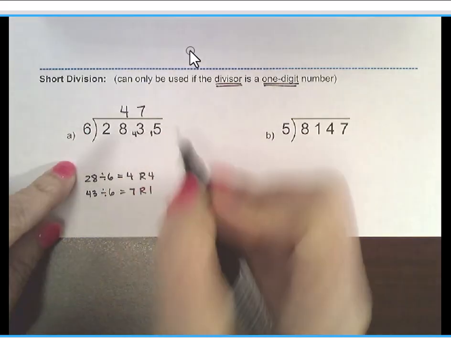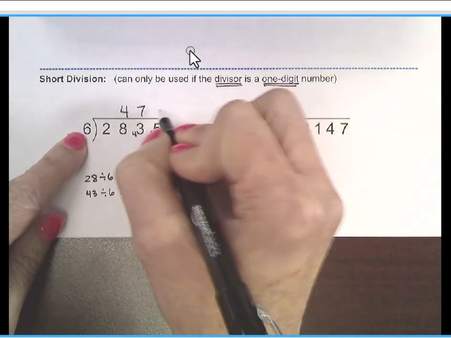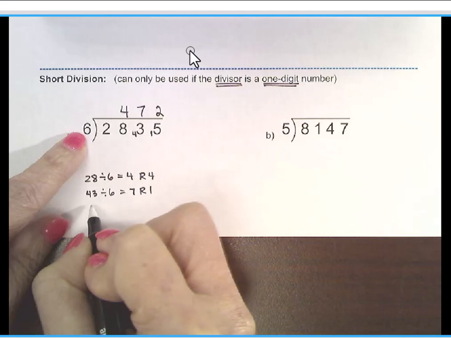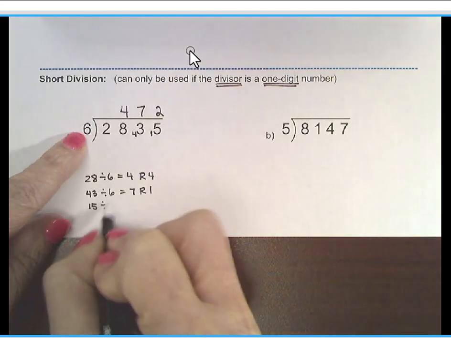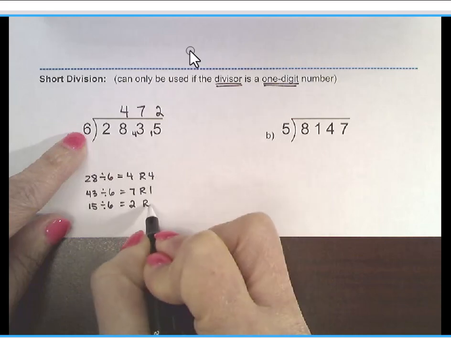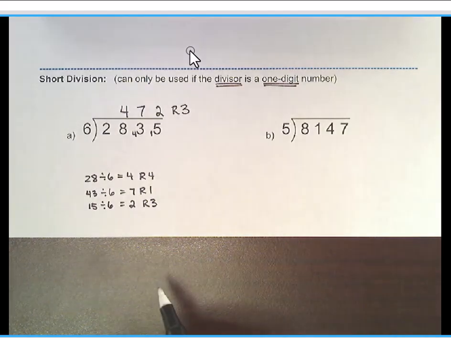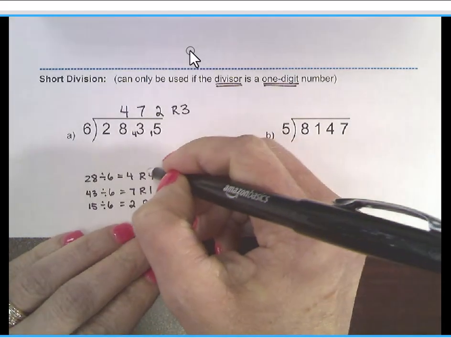That's a 15. Now how many times does 6 go into 15? It goes in there twice, right? 15 divided by 6 is 2. And what would the remainder be? 3. And that last one you put on the side right there. So this remainder,